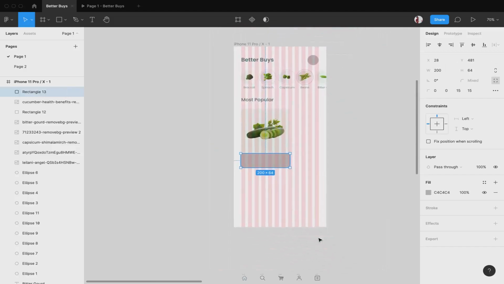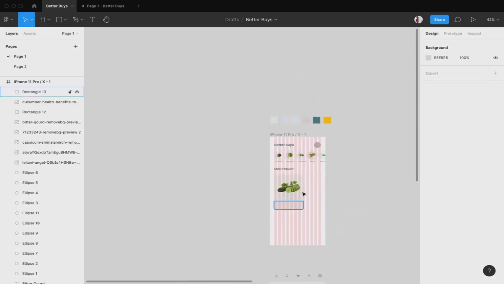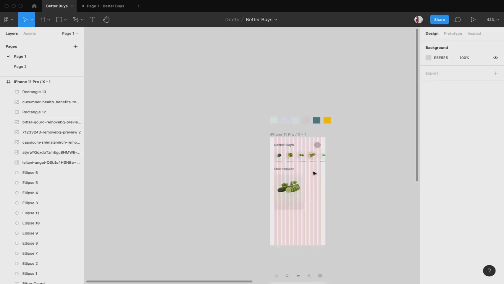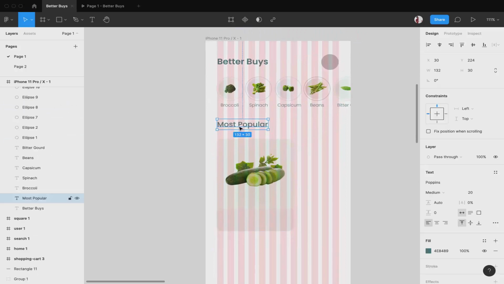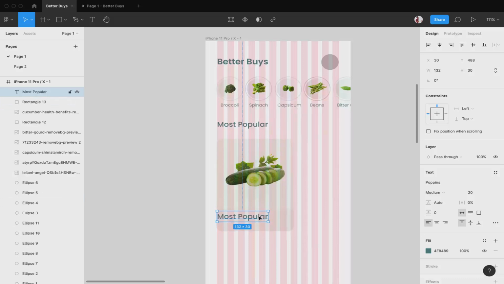Now let's change the color. We'll add a little bit less blackish color. Okay, so this is how it will look. Now let's add the text. Okay, so I'll bring our text here. Now you can see if you drag it, it has gone at the back. So now you need to double click or right click on it and then select bring to front. Okay, so now it comes to the front. Now I'll change the value to cucumber.